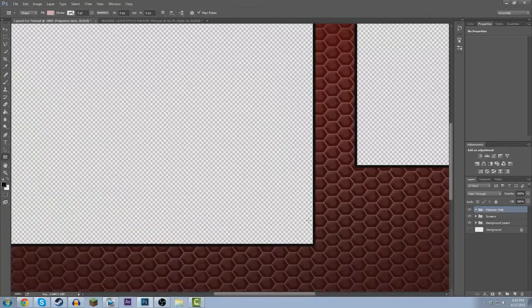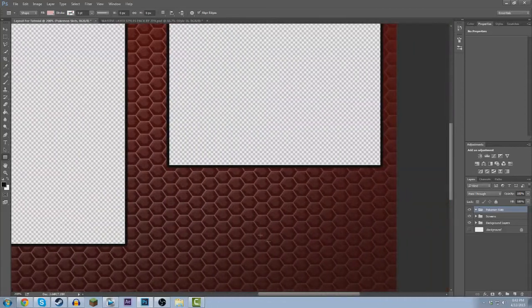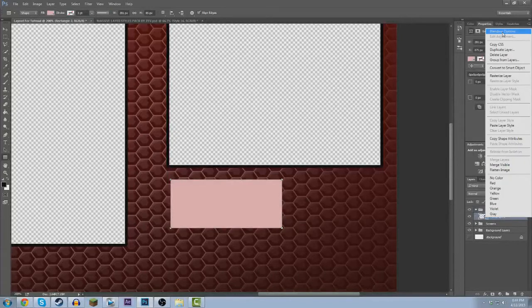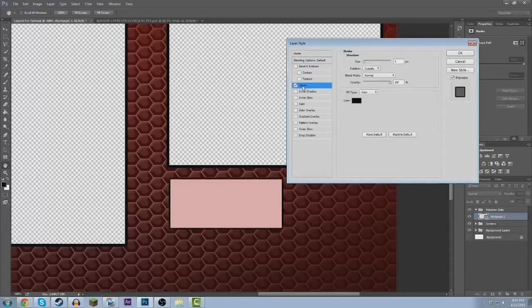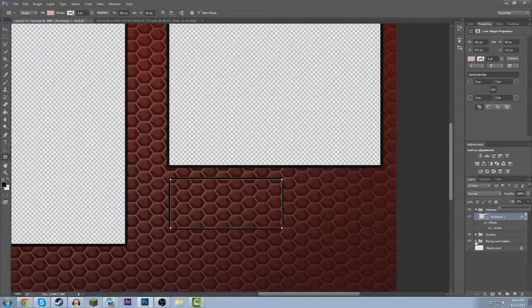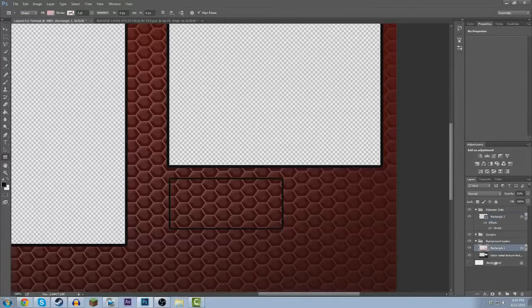So how I do this is I zoom in, and I try to get it as precise as possible. I try to get it right in here, and I make it about like that. Then I go to blending options, right click, blending options, and then stroke, and give it a stroke of about 3, and then turn the fill all the way down. And then basically you're going to do the exact same thing you did for the bottom and top screens. It's really easy. So delete,